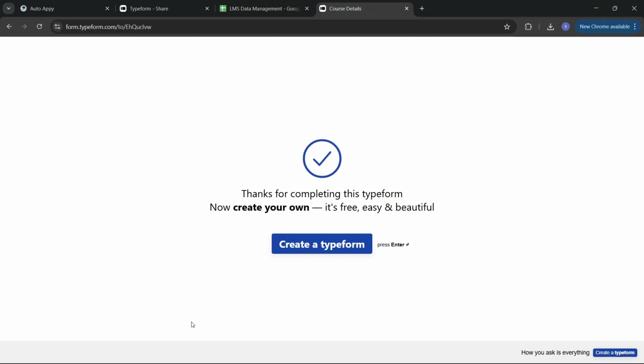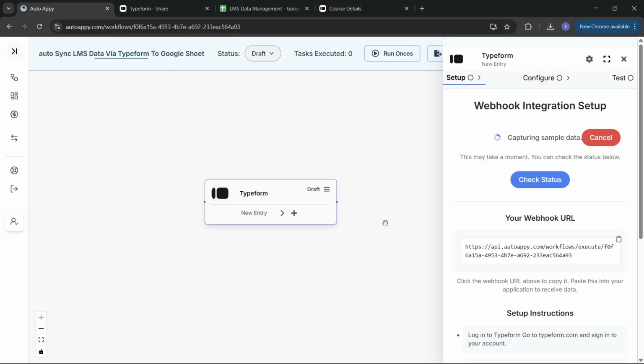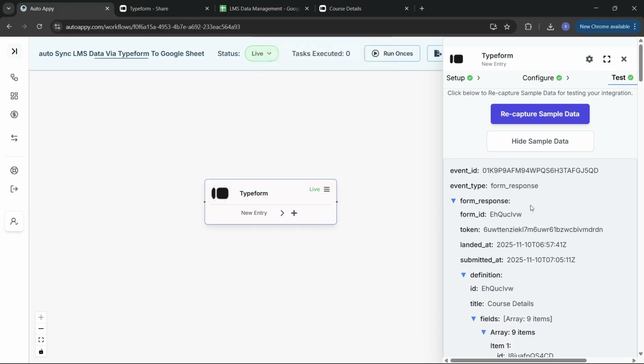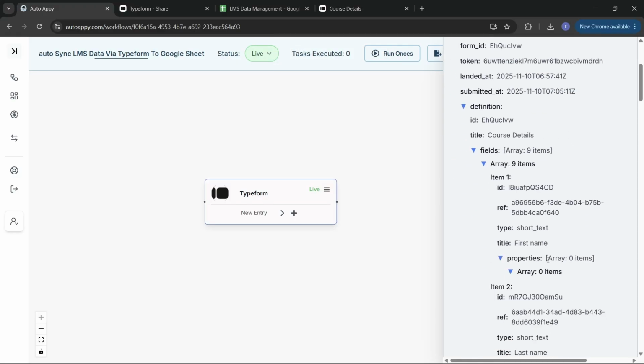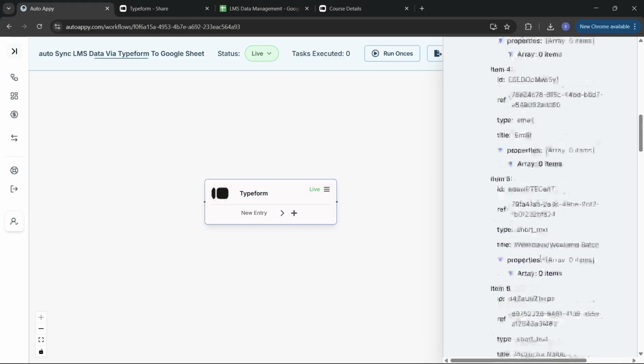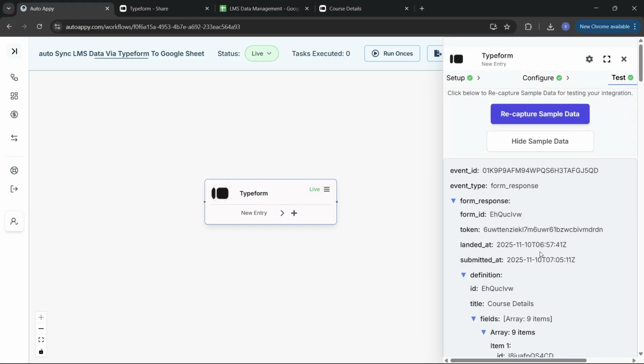Now that we have completed this, let's go back to AutoAppy and say check status after some time. Let it capture the data. So hit check status. Here you can see that we have successfully captured the data with all the information from our form. Now that this node is live, let's go and perform our final action step, that is adding the Google Sheet. Let's close this